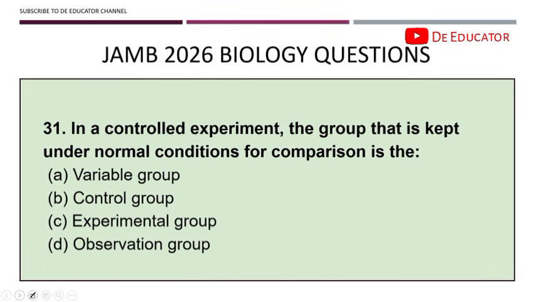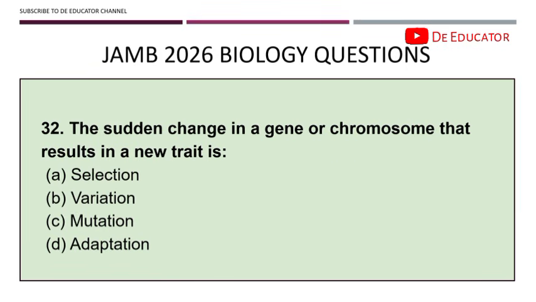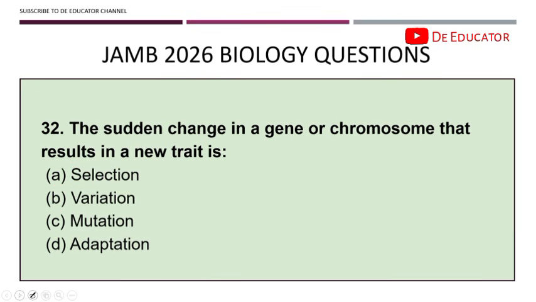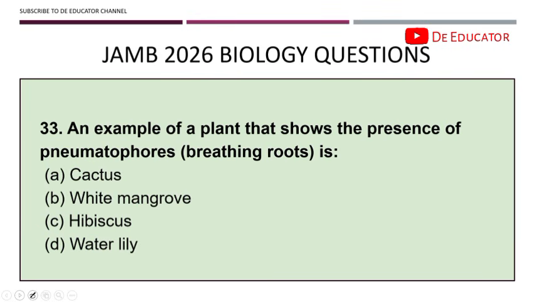31. In a controlled experiment, the group that is kept under normal condition for comparison is known as the control group. Take note of that. Okay, 32. The sudden change in a gene or chromosome that results in a new trait is known as mutation. Mutation. All right. 33. An example of a plant that shows the presence of pneumatophores, that's breathing roots, is